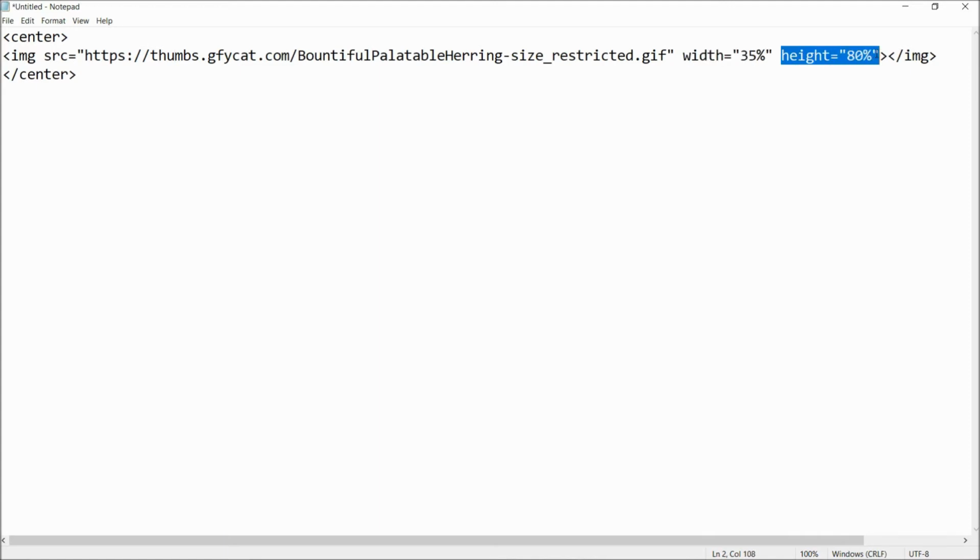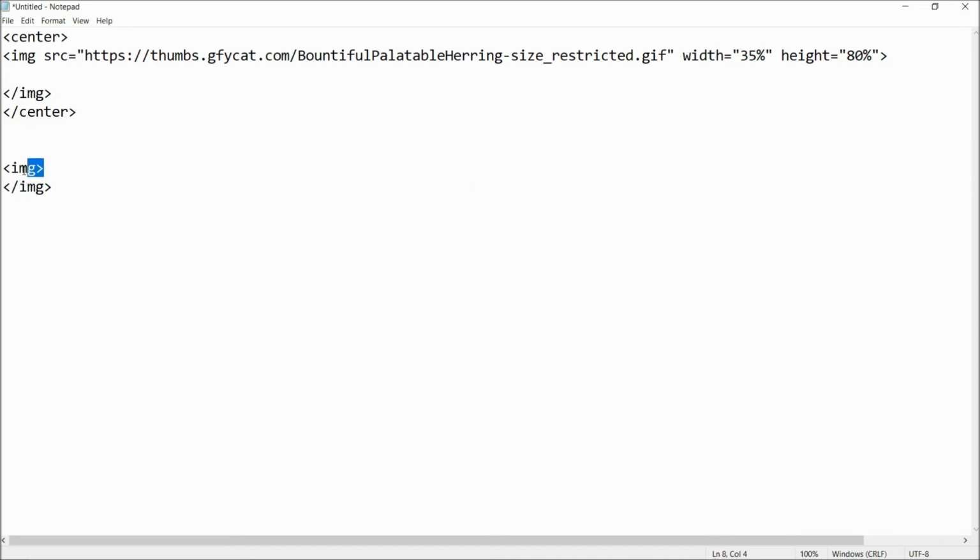I've kept the width at 35% and the height at 80%. Generally in HTML we have tags, an opening tag and a closing tag. For every opening tag, there should be a closing tag.